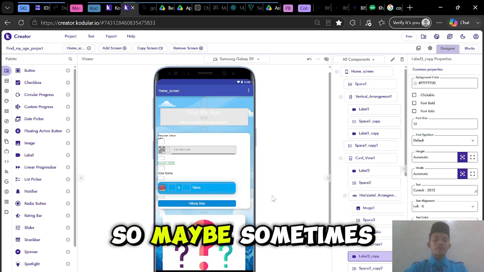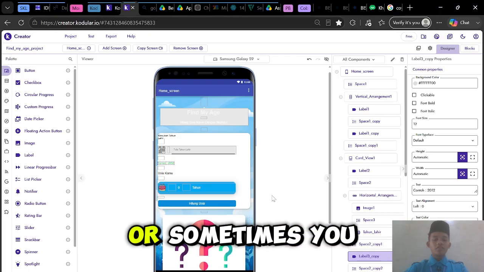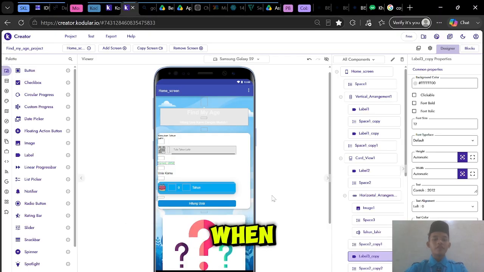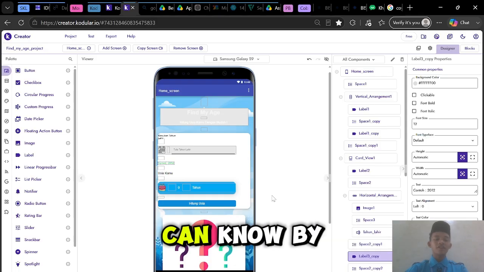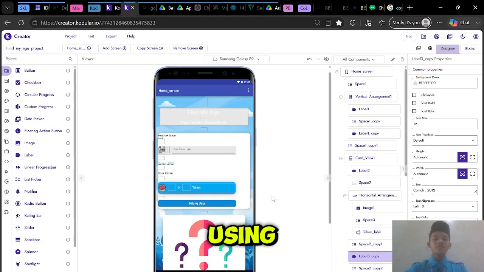So maybe sometimes you forget or you are confused about when I was born or what my age is now. So with this application you can know by using the year when you were born.